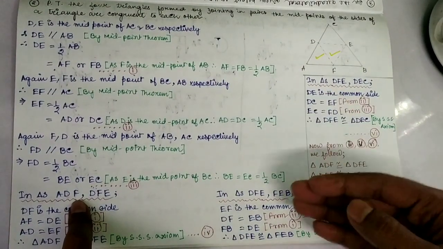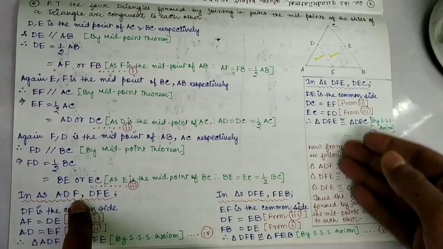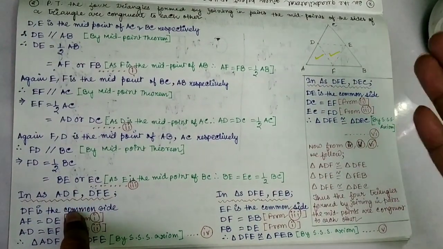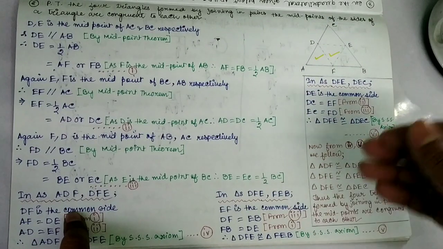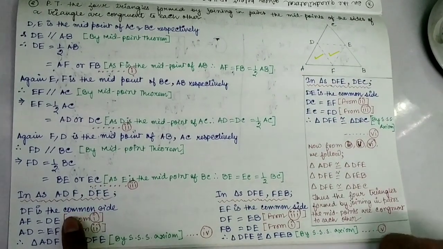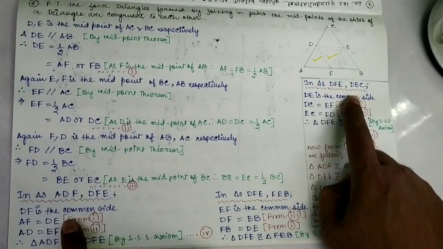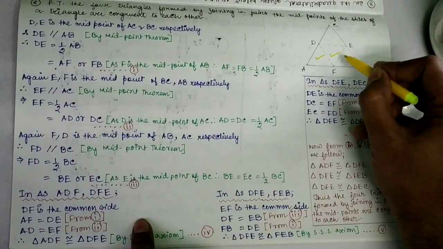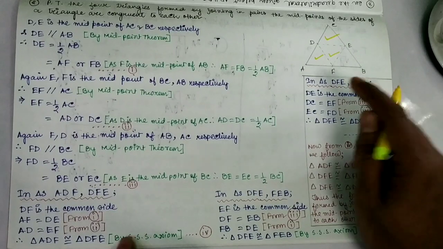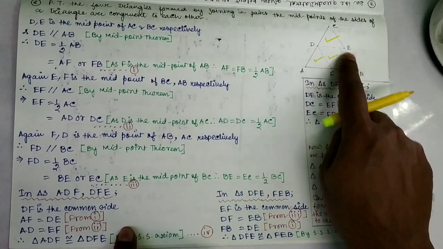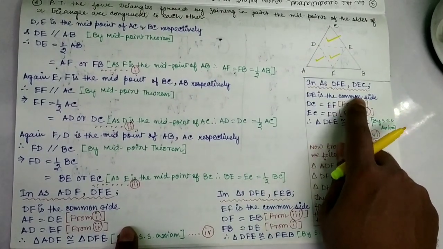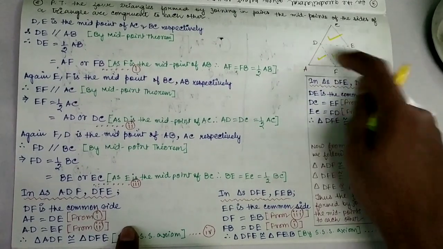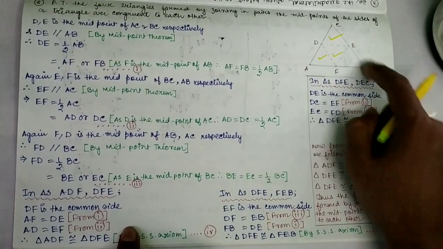Now I have completed the remaining part of this sum on this page only, so that it becomes easier for you all to understand, because you will be able to see the whole sum on a single page. So now we have done the last pair of triangles, this DFE and this triangle DEC. Okay, so here first you can see that this DE is the common side. Next is DC. This DC is equal to EF.